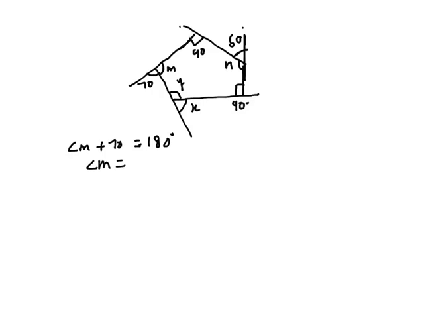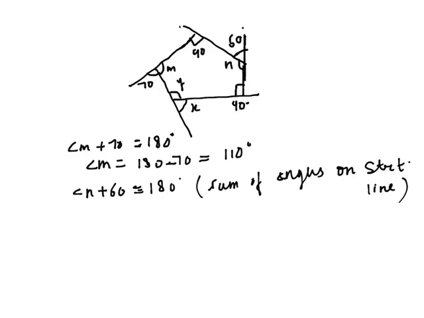Angle m will be 180 minus 70, that will be equal to 110, right? Similarly, angle n plus 60 is equal to 180 degrees as they are on the same straight line, right? So here angle n will be equal to 180 degrees minus 60 degrees, that will be equal to 120 degrees, right? So here we have the value of m and the value of n, and this figure is a pentagon because